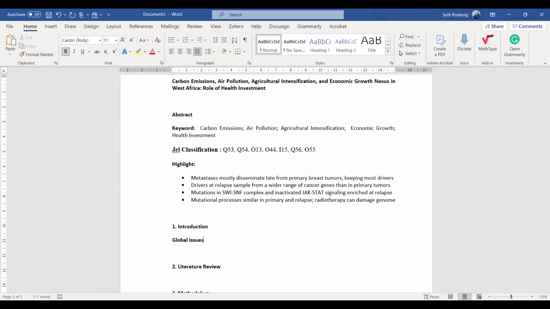Then you come down to developing economies, and talk about how developing economies are suffering in this issue of environmental sustainability.